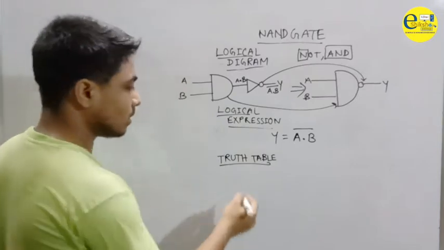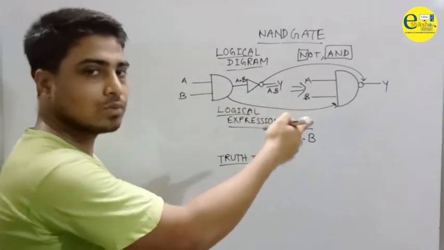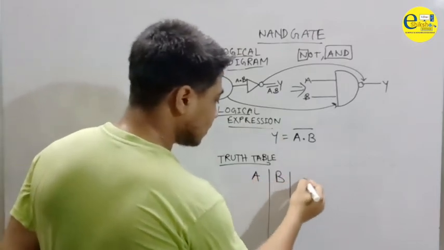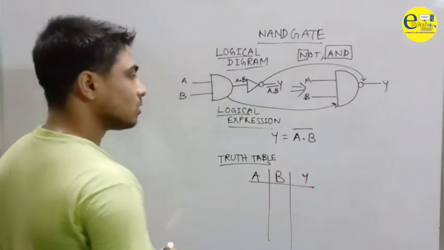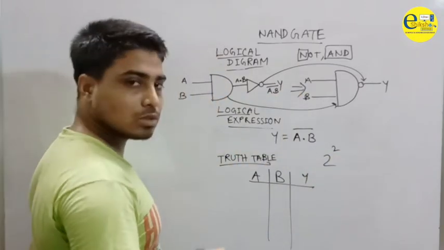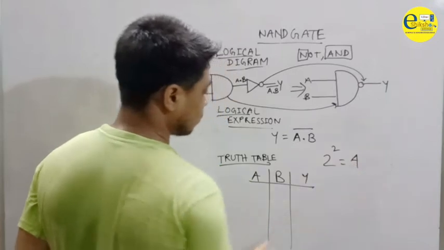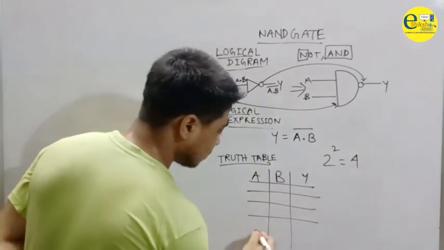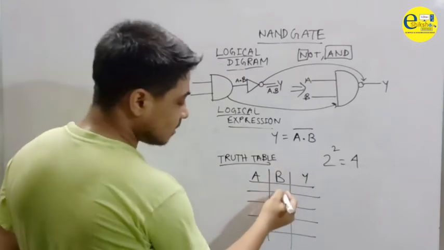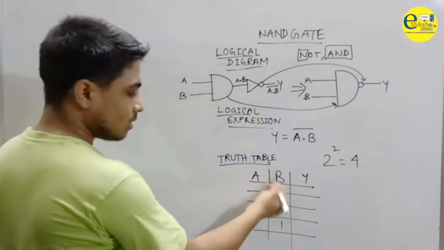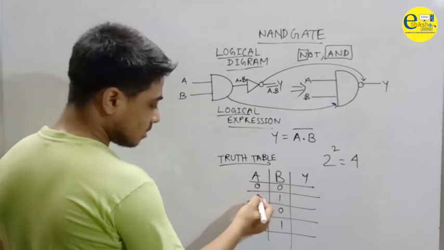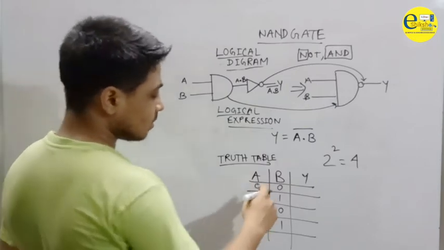So now let's come to the truth table. See how many inputs and outputs we have? We have a total of 3 inputs and outputs, that is, A, B and Y. So how many rows do we have to draw? 2 to the power of the total number of inputs, and the total number of inputs is 2. That's why we have to draw 4 rows. So starting from the LSB, in AB, the B is the LSB: 0 1 0 1. Then again the double of the occurrence, 0 0 1 1. So we have to double it.